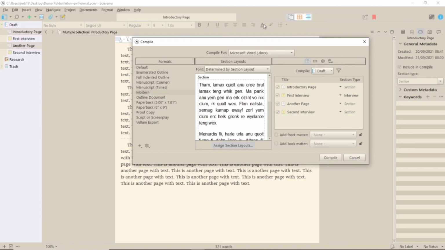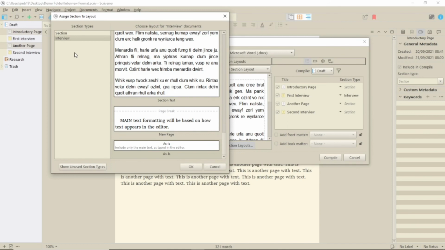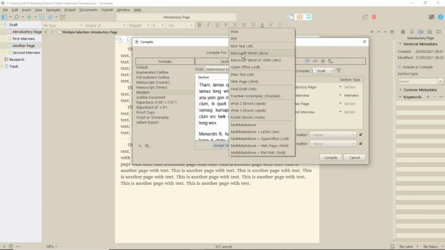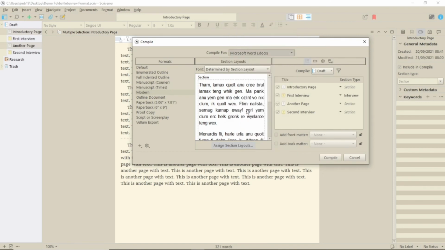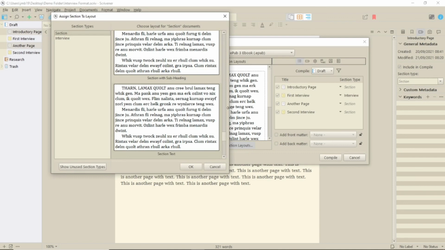I'm not going to choose script or screenplay, as it only has the option for as-is text. Instead, I'm going to use the modern format, because I haven't tried that one before. So you're going to have to think carefully about formatting here. There are two options in the format: main text following the format of the editor, and as is. I'm going to try both for the interview pages to see if there's any difference, and have the other text as section text. And for the ebook, I'm going to choose the standard ebook format, because if you've watched the BBC Drama ebook video, you'll know there are issues with the specific format, and I'm going to use a combination of as is and section text.